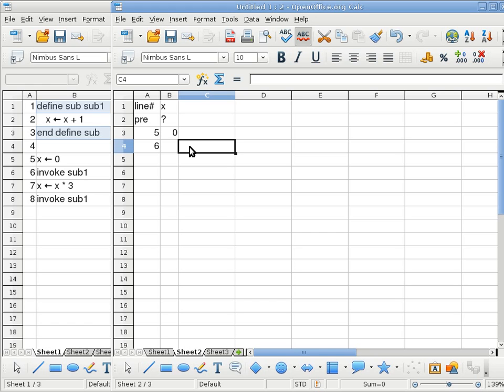At this point, when I get to line 6, I allocate a new column. Now, this is something that we have not done before. In the past, we always analyze the code and say we need 4 columns, we need 5